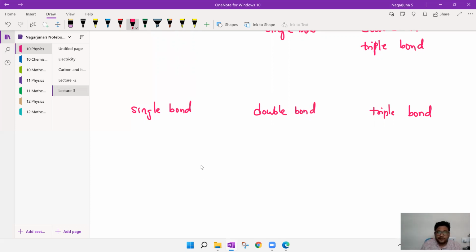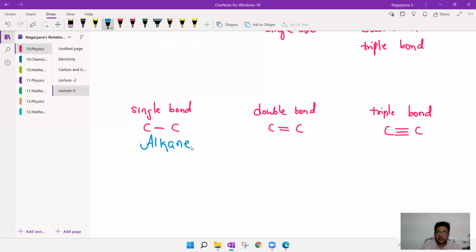So first let us see single bond. Single bond where? Single bond only between carbon. Double bond, that is also only between carbon. Triple bond, that is also only between carbon, not between hydrogen and carbon, only between carbon. You have to understand that. And if you find only single bonds between carbon, there is a functional group. That functional group name we are giving as alkane. Try to understand, and also try to understand the pronunciation. It is alkane. That is a functional group.